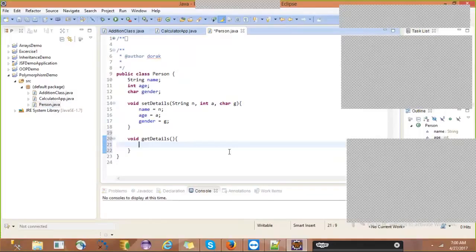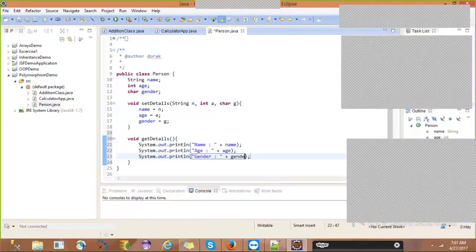So here, what is the code we should write? We know, right? System.out this dot name, this dot age, this dot gender.